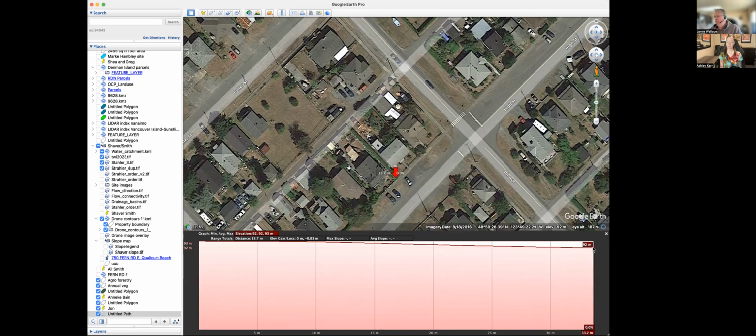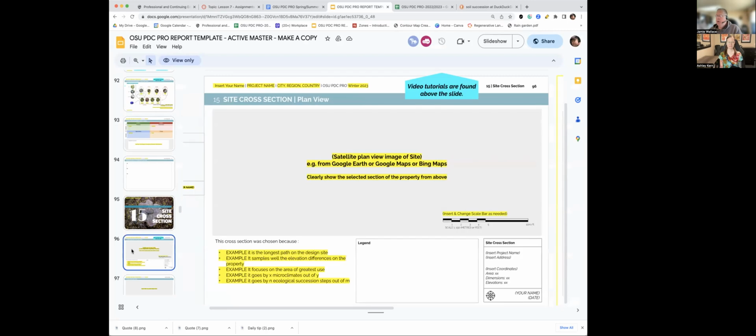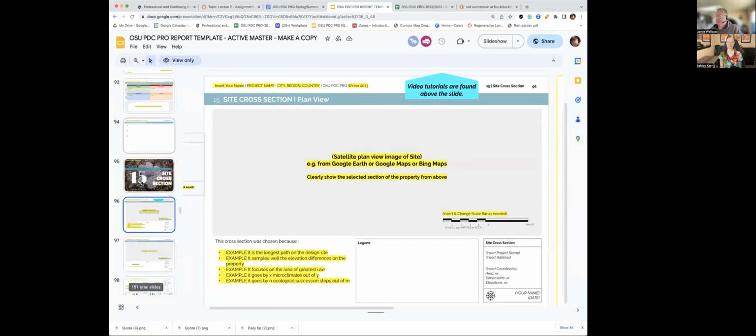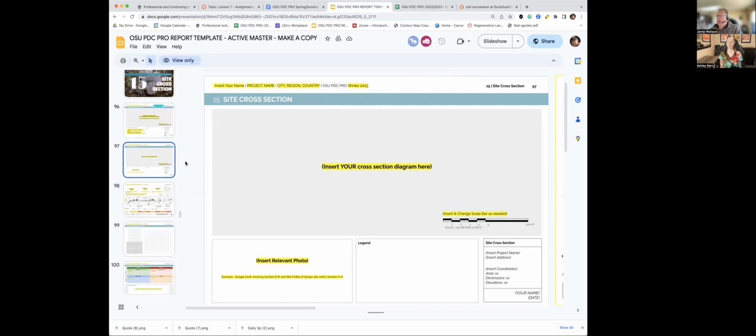So we'd want to sort of copy that. Let me go back to the, where'd we go? There we are. All right. So if we go back to the template file under that section, the site cross-section portion, you can see here, I want a Google Earth view and clearly show the selected section. So we really want to see where that line is. And then on the next page,